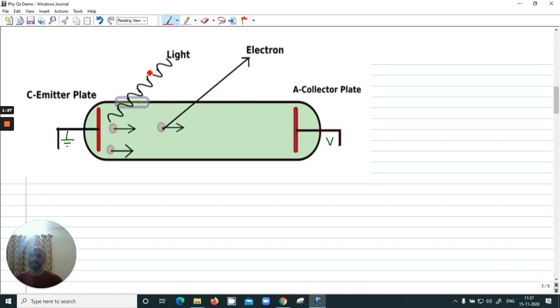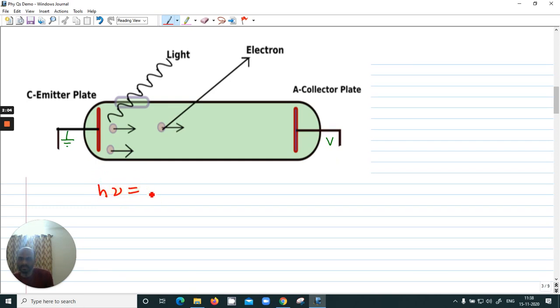In photoelectric effect, light is incident on a metal plate which is capable of giving out electrons when light in the visible range is incident on it. So when light hits this metal plate, the electrons will come out, and these electrons are called photoelectrons because they get emitted by the metal plate due to light. And these photoelectrons will move towards the collector plate, and a positive potential is applied to this plate to attract the electrons. So the basic equation governing this phenomenon is the photoelectric equation.